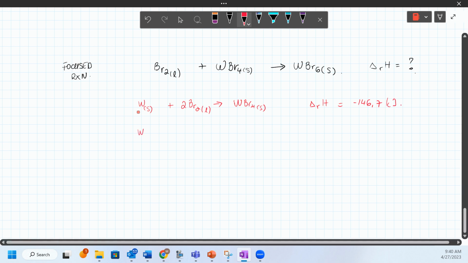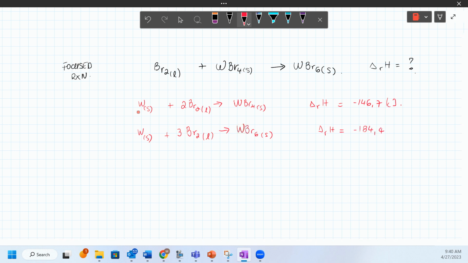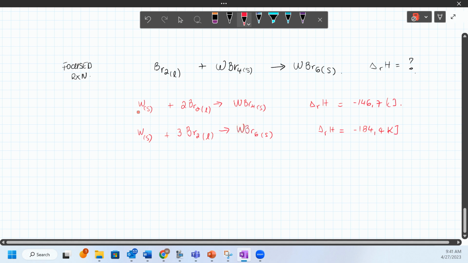And on the other hand, the second intermediate reaction, okay, and the enthalpy of this reaction is a negative 184.4 kilojoules. This question is in your data booklet